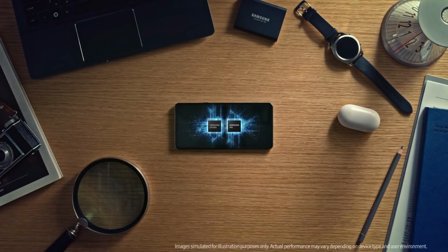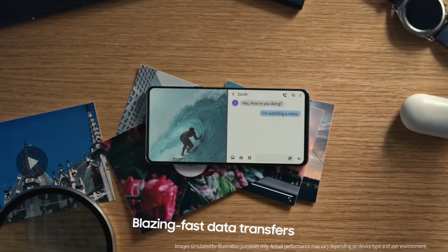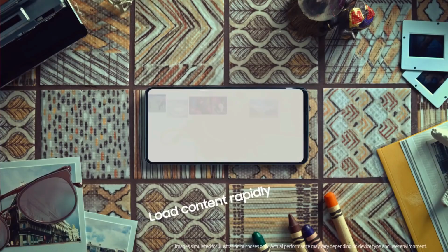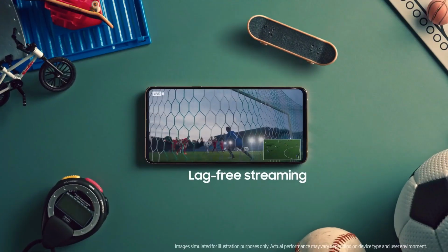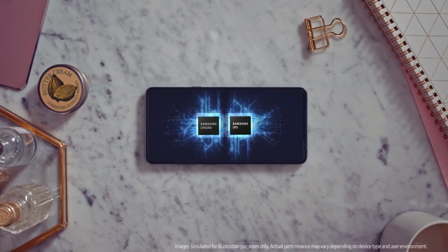Let me know, are you guys also going to get the Galaxy S11 series of smartphones, and what do you think about these increased battery sizes? I'm personally really impressed. I will cover more details of the Galaxy S11 in coming videos,